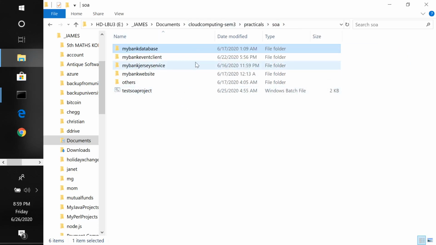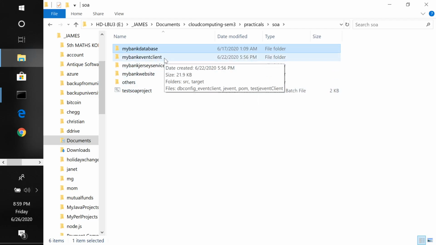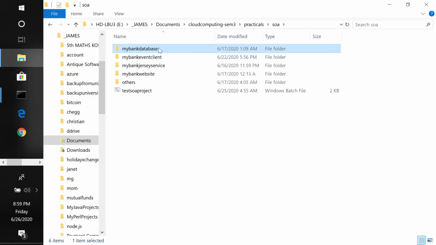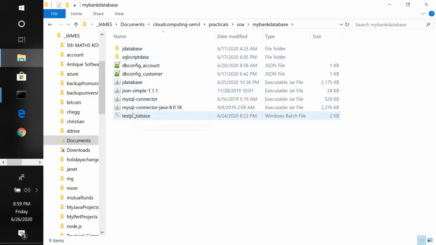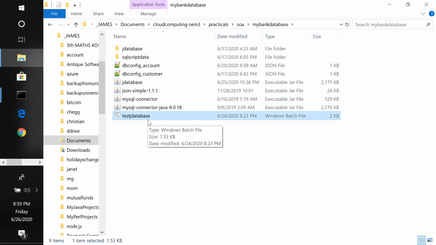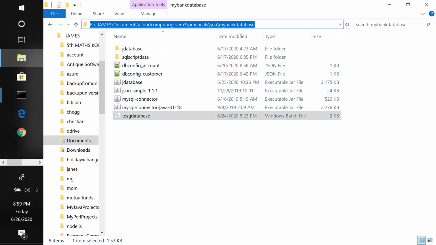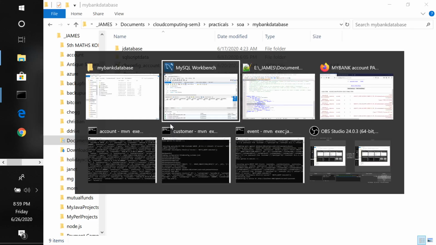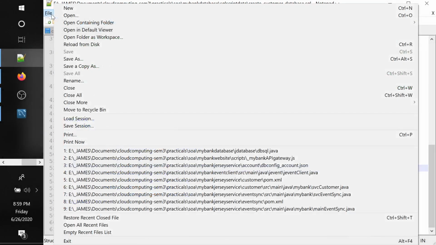Now you need to know how to compile all this. If you want to know what all commands I have used, for database, it is there in test J database, right? For example, if you open this. Let me close these files first.